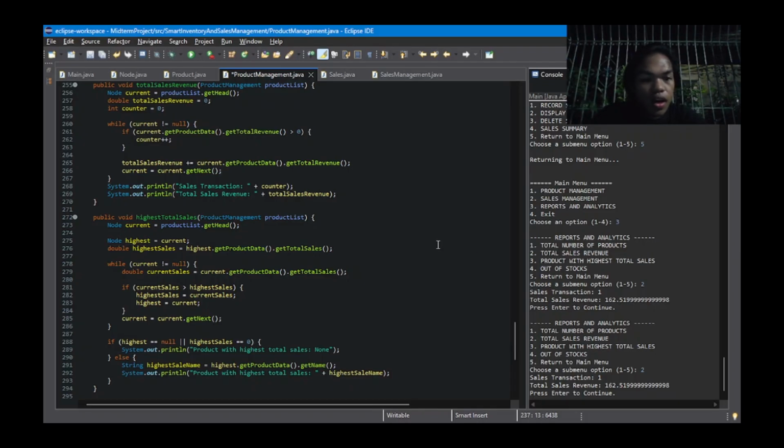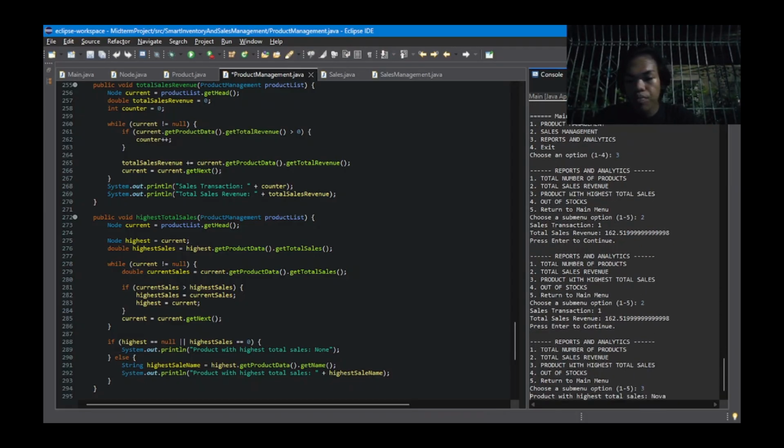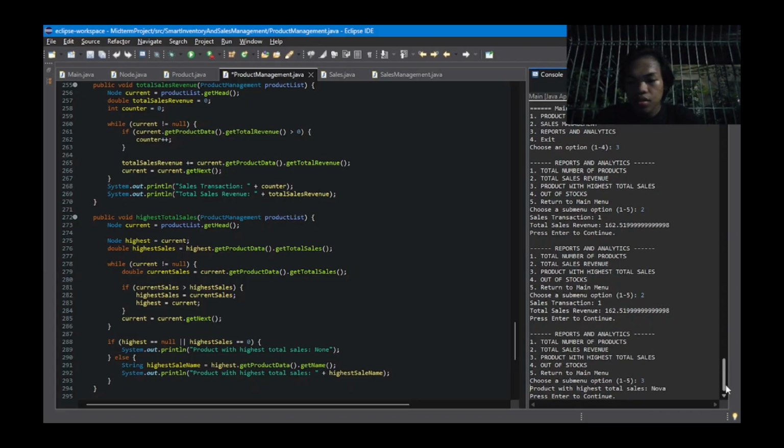So let's just say that product number 1 is the highest, it will display the product with the highest total sales, just like here in the output.